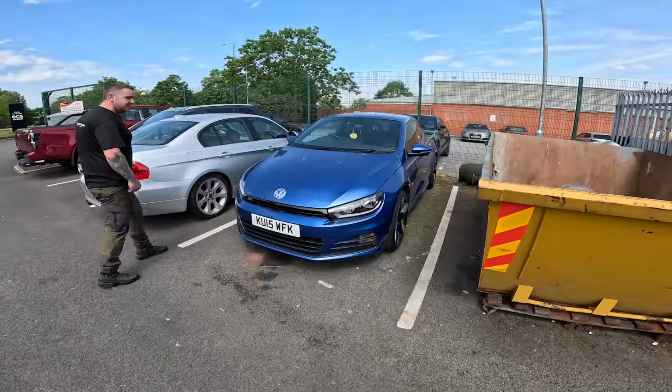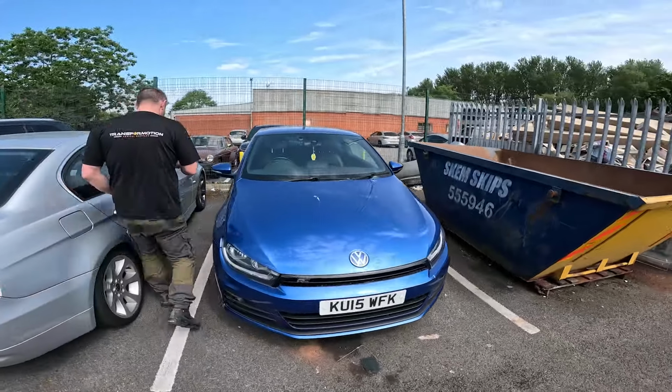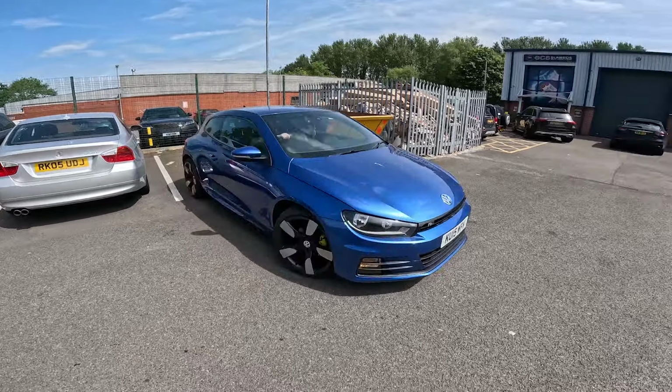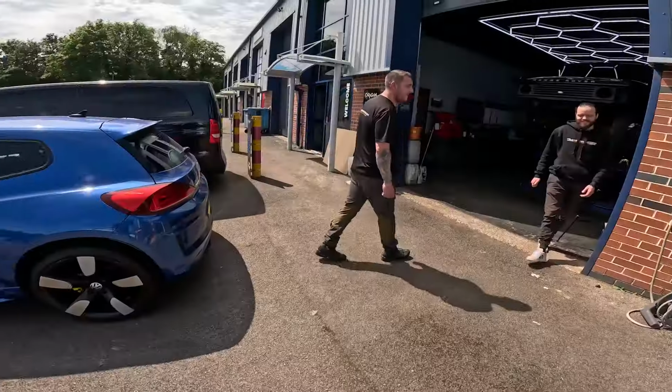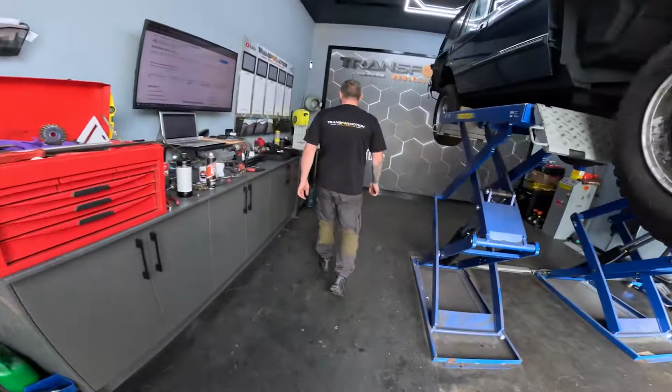That's where it is. It's our 2015 2-litre TDI Scirocco R-Line DSG. Get that in there. We'll get back on the Scirocco now, and if anyone's interested, go on eBay and have a look. So the next car we're going to do is...